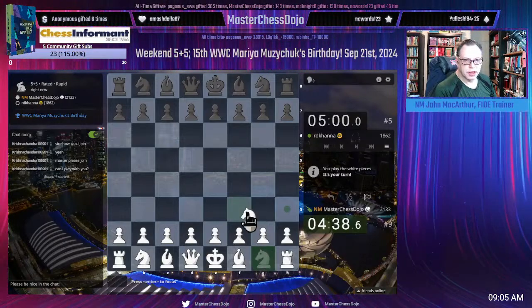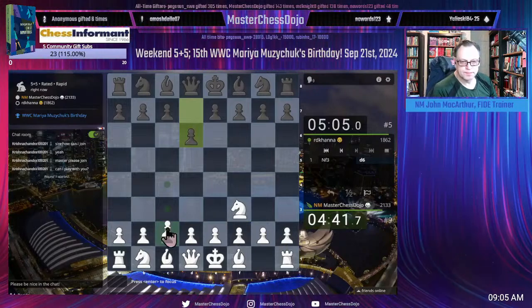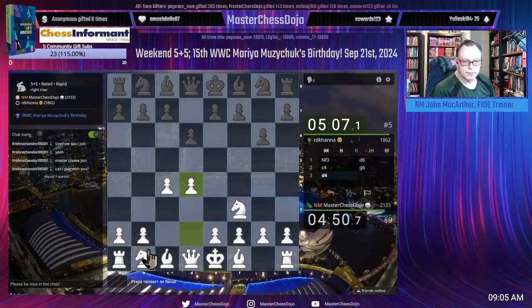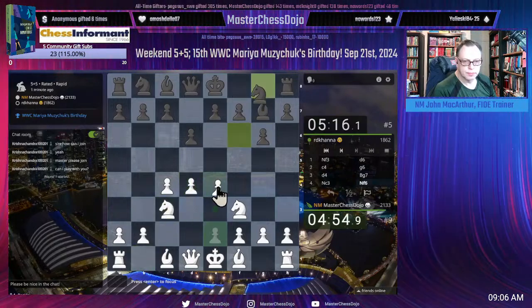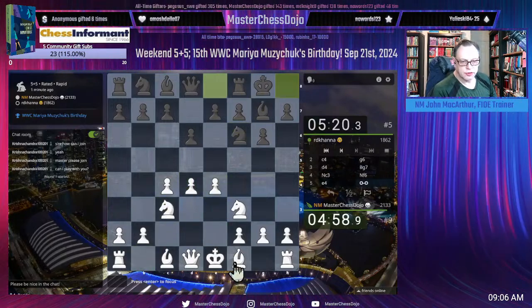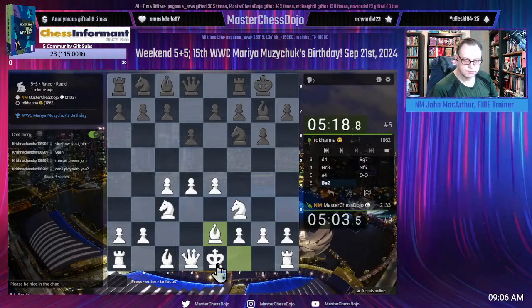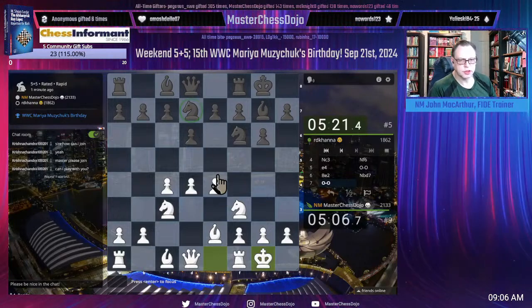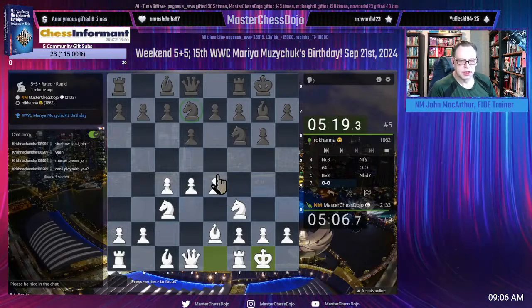What are we opening with? Knight f3 still. And a nice traditional, classical Sicilian. Not sure that this is the best move by far.